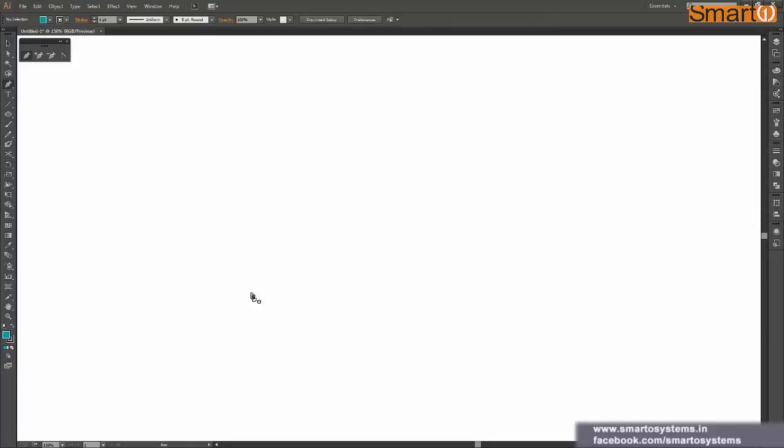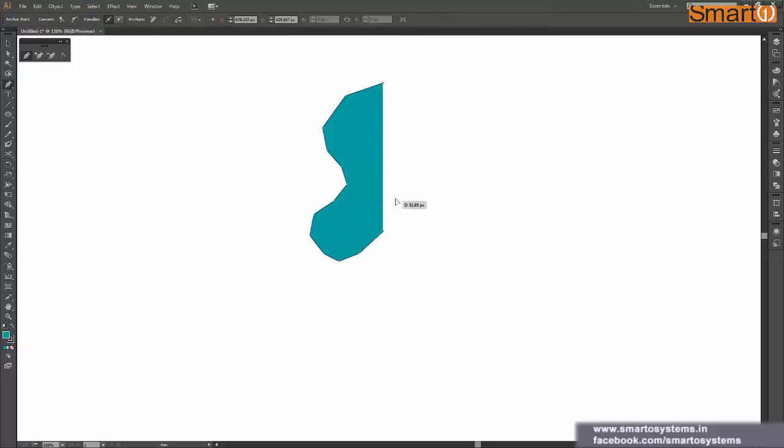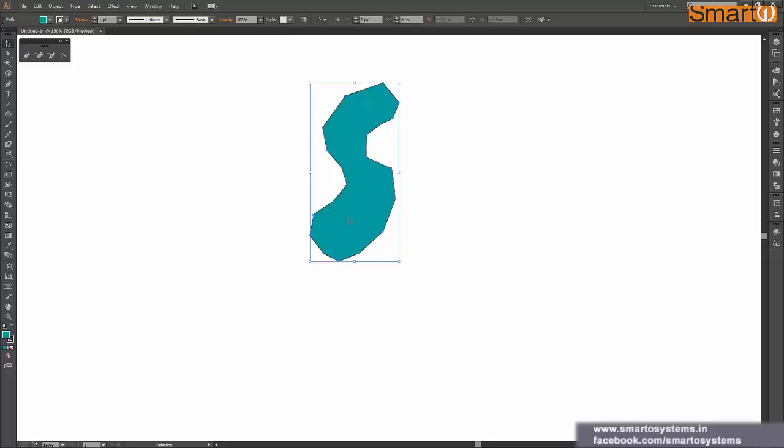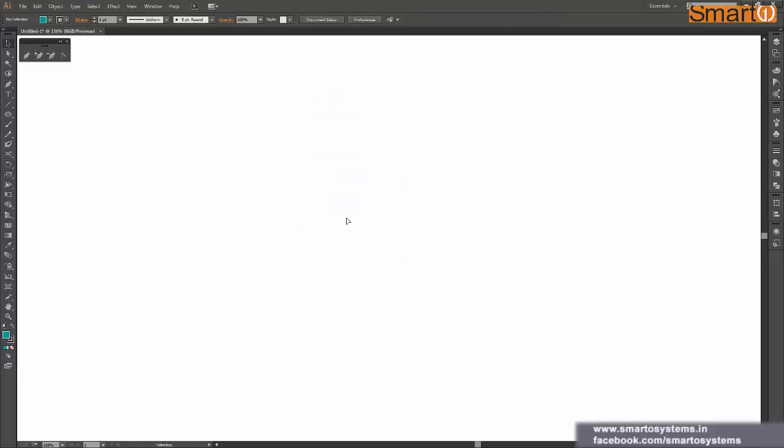Now one thing you might say that, okay, it is good that we can create any kind of shape using pen tool, but I don't like these chiseled edges, these sharp edges. I mean, look at these edges, these are too sharp, and who would like to have these kind of edges in their final design? So isn't there any way to smooth it out? So yes, there is a way, and that can be done directly using pen tool itself.